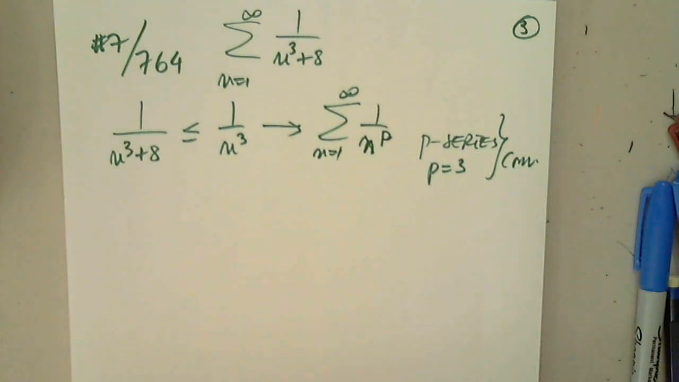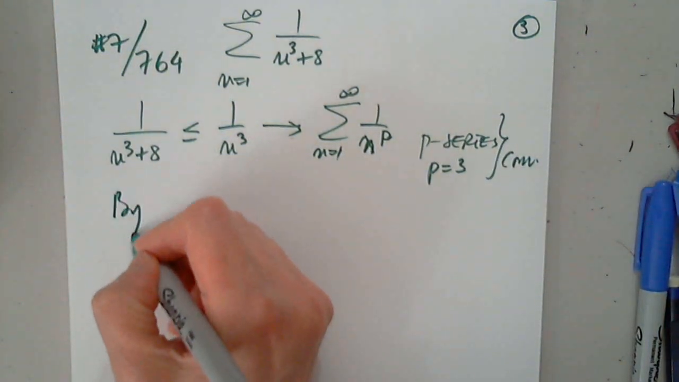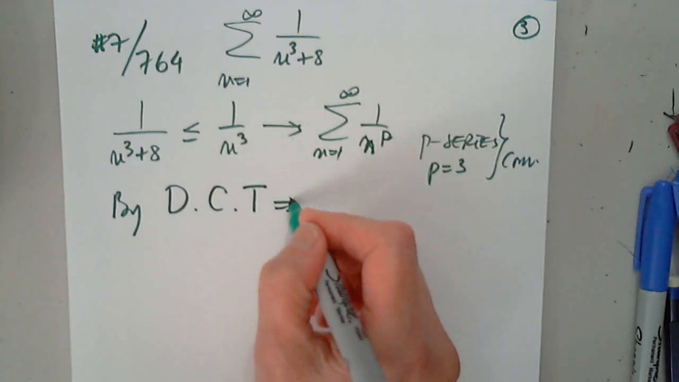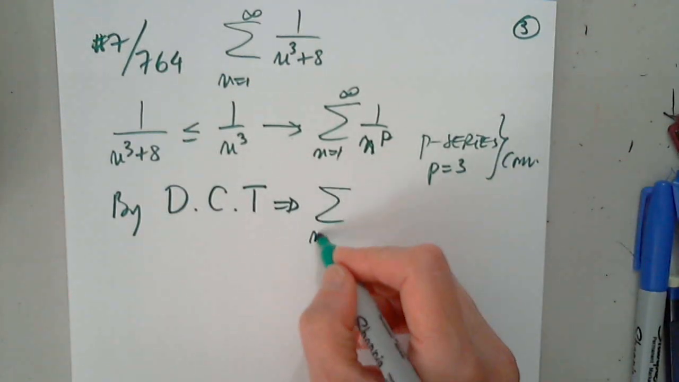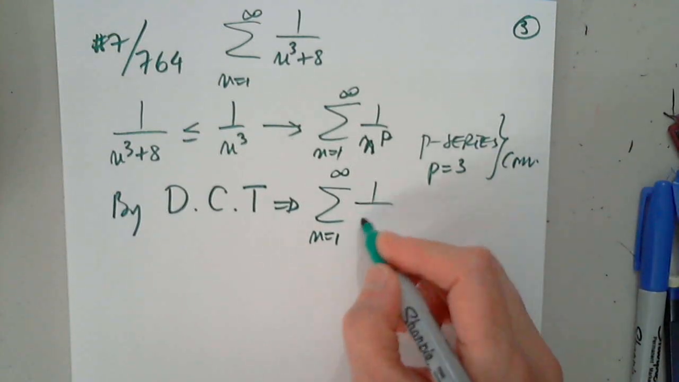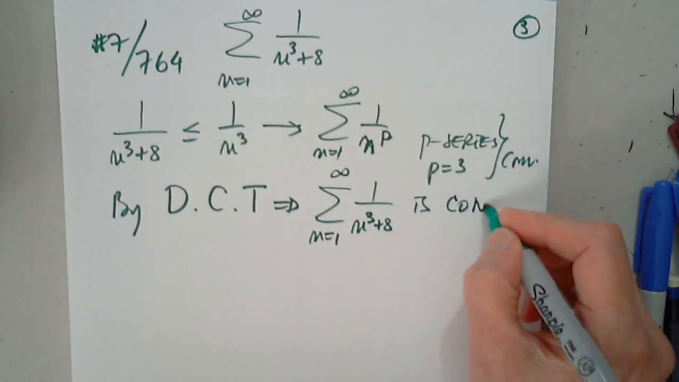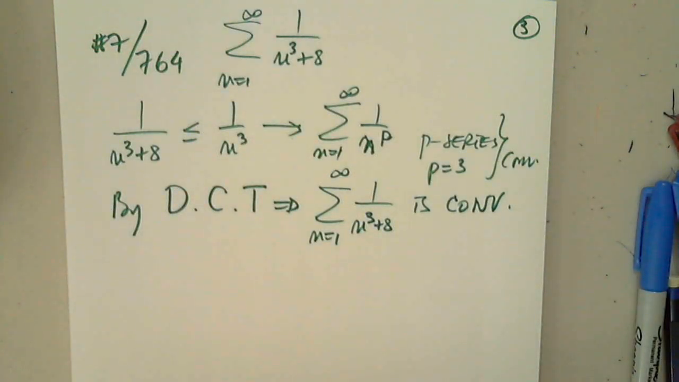So therefore, by the direct comparison test, we conclude that the sum n equals 1 through infinity of 1 over n cubed plus 8 is also convergent. Okay,